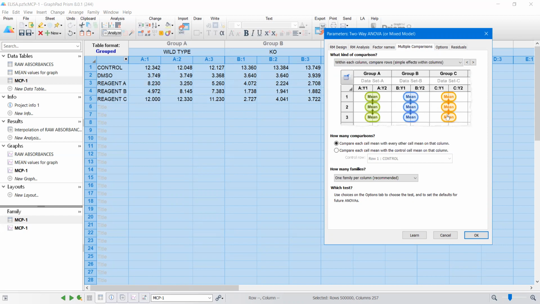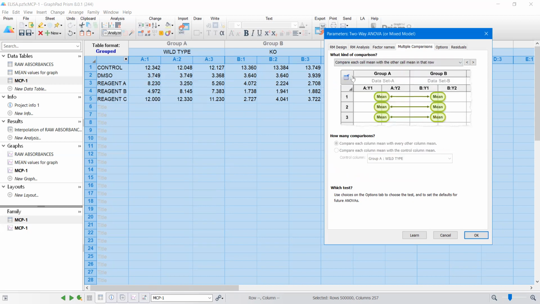If you go further, there's another option, which is "within each column, compare the rows." So it is going to calculate the control wild type and the DMSO wild type and the other ones, and it is going to compare these two. But however it looks now, it's okay, but I'm curious about how the KO cells compare with the wild type. So this is not the way it's going to work. So you could go further: compare each cell mean value. Now it looks okay, because finally you have a comparison between the wild type and the KO, but still there is no connection between the